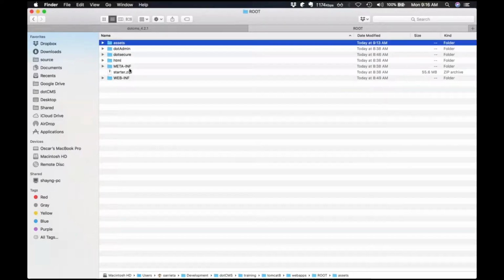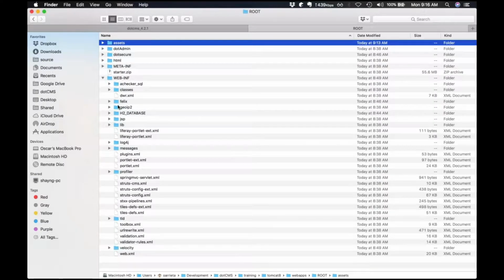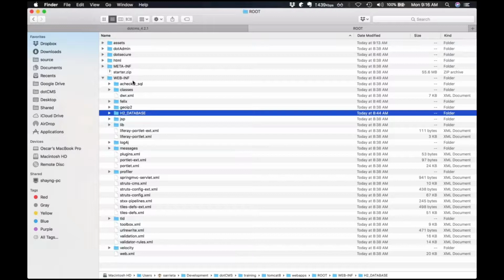That means that we deleted also the H2 database that I think is under, let me see if I can find that here, in WEB-INF H2 database. This is going to be deleted also. So everything here is going to be deleted if we do deploy war Tomcat. That's what I'm going to do right now in order to showcase what is going to